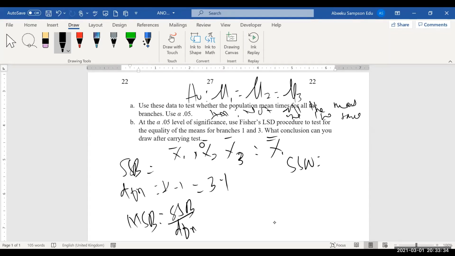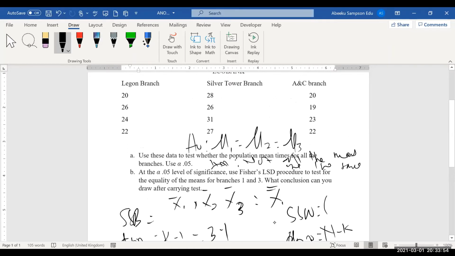SSW says that for each of the sample sizes you have there, subtract from each group its corresponding mean, and square them. When you finish, you find degrees of freedom for within, which is the denominator, n minus k. N, we said n is the sum of all the